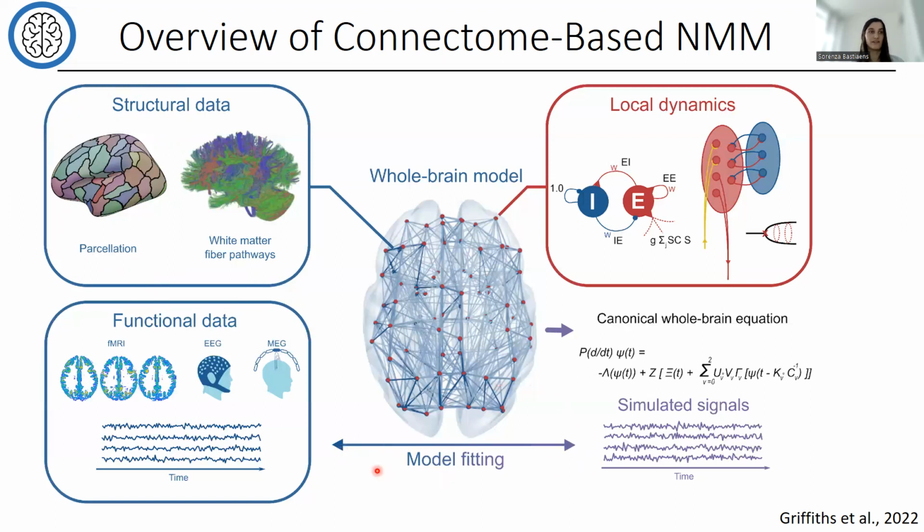So your simulated signal can then be fitted with your functional data, so the fMRI, EEG, or MEG, to tune the parameters. So one important parameter, for example, is a global scale long-range coupling factor that will rescale the structural connectivity that you got from the empirical data, and change the strength of the interactions between the different